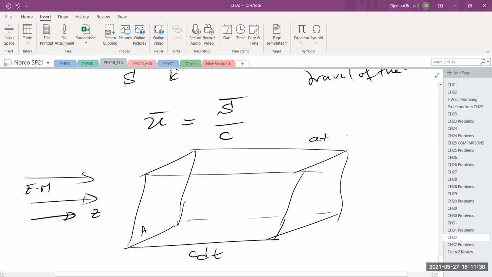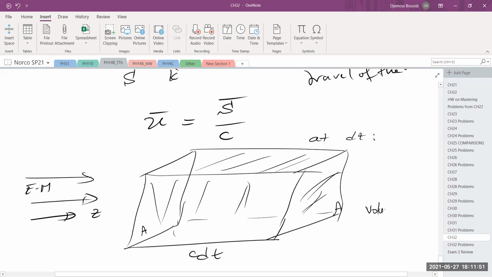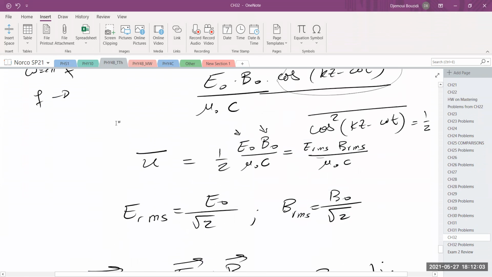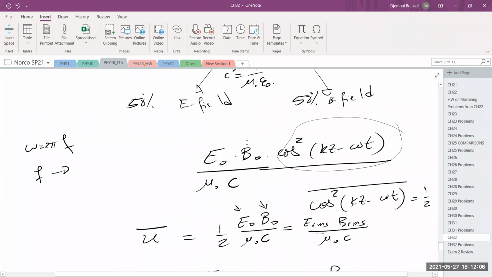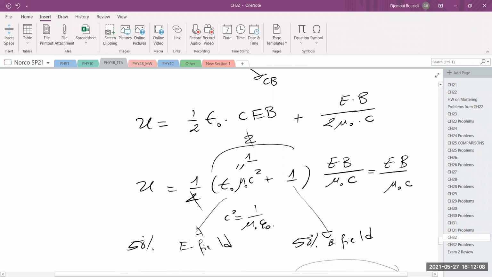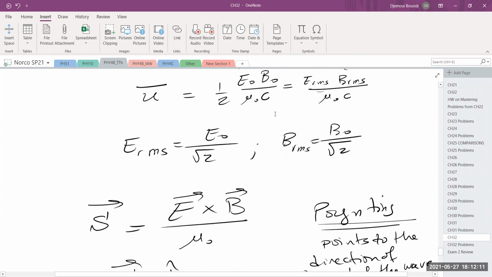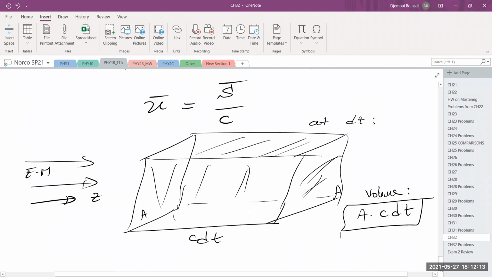So at dt, this much wave would have passed this area, okay? Which is c dt times the area. That gives me the volume. So the volume of this space that has already been passed at that point is simply equal to A times c dt, okay? So this is the volume, but I have an energy density of this quantity. Let me go back to before I took the average. I have an energy per unit volume this much. So the actual energy that passes after dt,